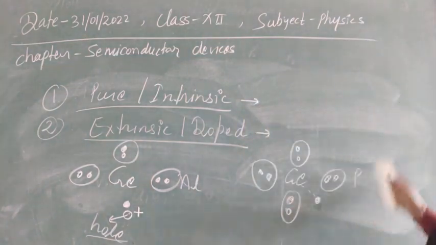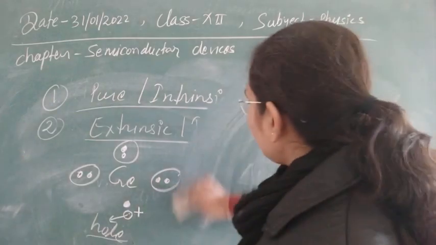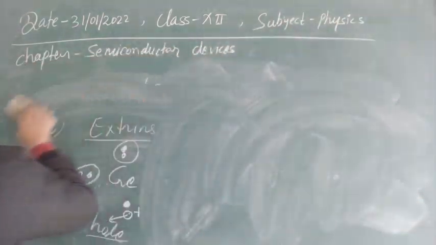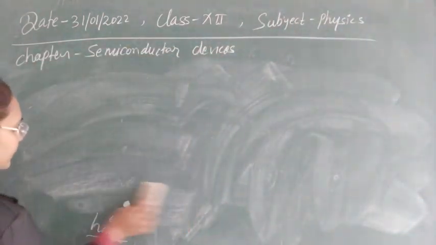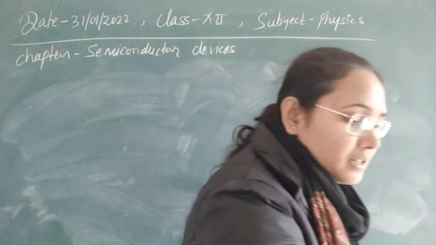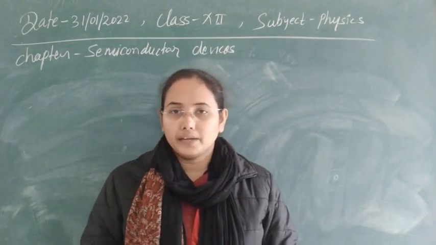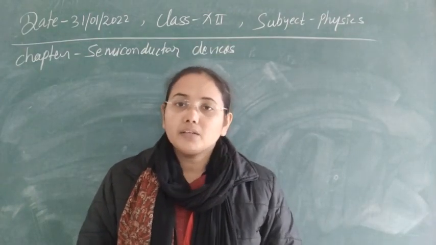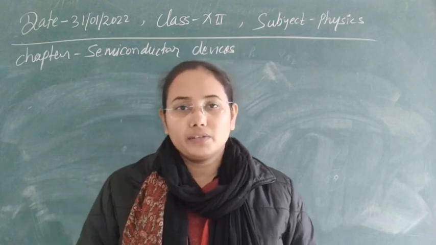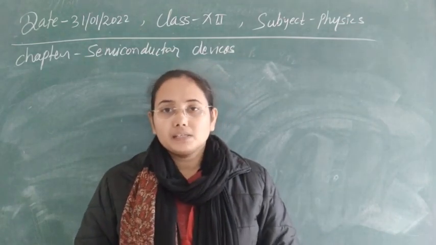So these are the two types of semiconductor materials. The second one is known as n-type, when we use pentavalent impurities, and the first one is known as p-type, when we use trivalent impurities. Next question is: what is a p-n junction diode, and define the two types of characteristics, forward and reverse biasing. So first, what is a p-n junction diode?